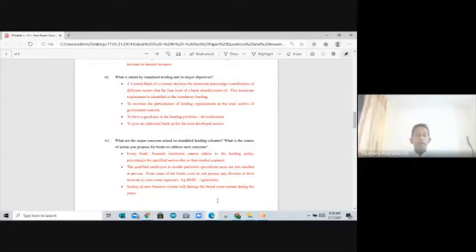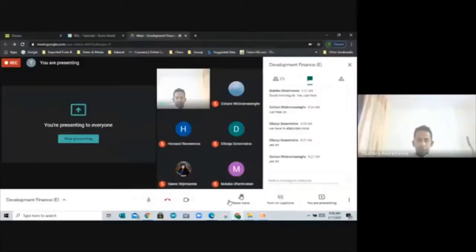Mandated lending. First of all, let's say, do you think this is good or bad? What is your thought? Is it something good for the economy, good for a country, or does it have some negative points as well? Because the answer is there, it's not a big issue that you can read through, but I want to make a kind of discussion, because